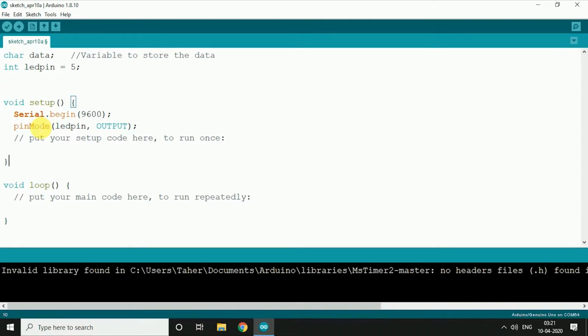So we are done with the initialization. Now let's move on with the loop function. We'll remove this. Now we'll check if the serial is available, which means we'll continuously check the availability of the serial port, and if we get data, we'll move on to store the data.